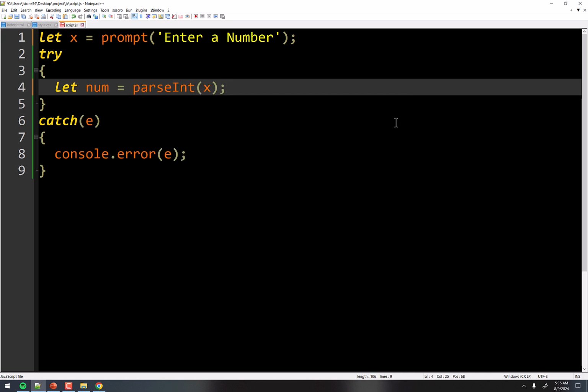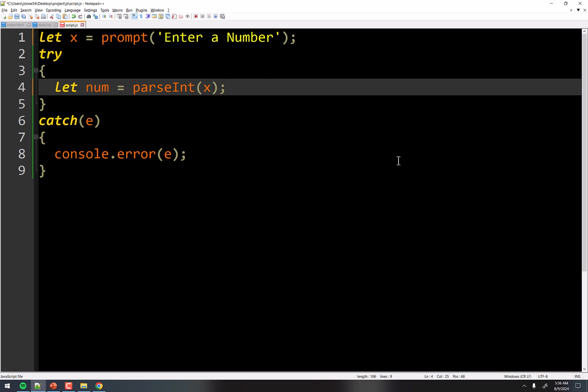parseInt is a function that's built into the language that will take a string and see if it can turn it into an integer. So for example, the string "5" in quotes, it'll look at that and go, oh, let me treat that as an integer. Because if you don't treat it as an integer, and you try to add 5 plus 5, you end up concatenating 5 and 5, right? But if I convert it to an integer, then I can do 5 plus 5 and it will become 10. So this is what makes it become a number.